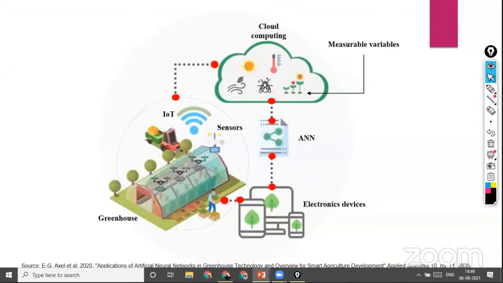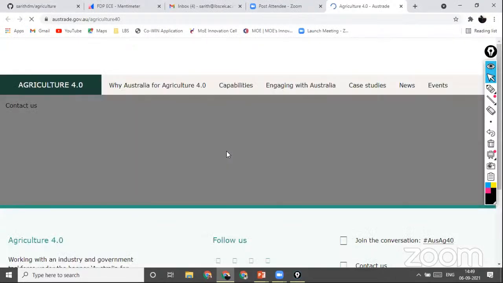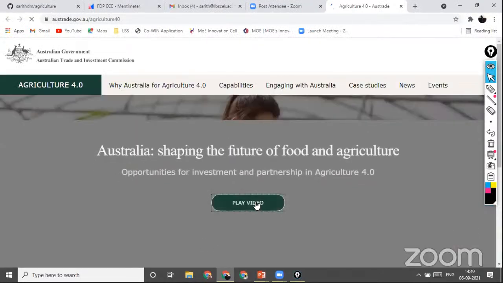So overall, these kinds of systems optimize the production efficiency and also the quality. And as we have seen the climate challenges and all, this kind of system can surely minimize the environmental impact. So we are actually going forward with sustainable systems. I'll show you a simple video from the Australian government to have a real look at agriculture 4.0. Please just confirm whether you are able to